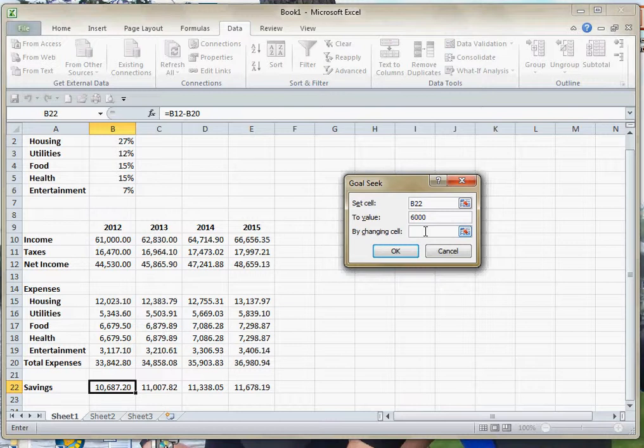And in this case, what we want to do is we want to add to our housing. Now, I'm going to add to the housing by changing this percentage up here at the very top. So I'll click on that cell. The reason I'm doing that is because that will not only affect this, but it'll affect everything else. So when I hit OK,